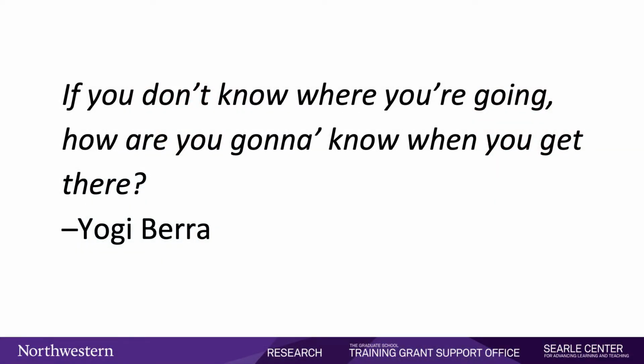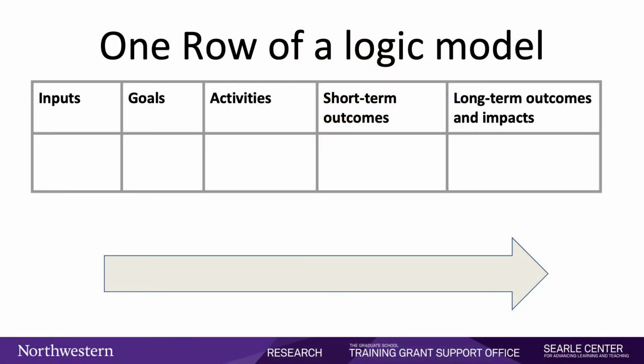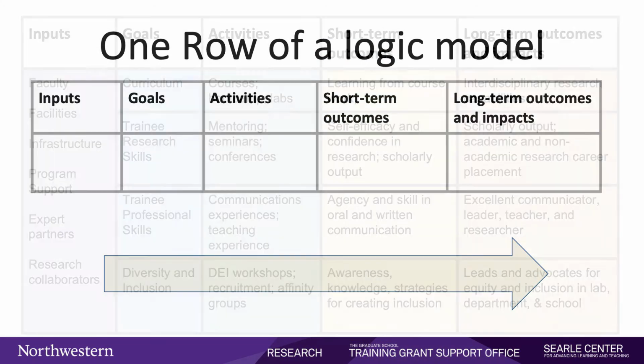Or as Yogi Berra once said, if you don't know where you're going, how are you going to know when you get there? Your program likely has several key goals and several or more activities to ensure your goals are achieved. In a logic model, each is stated concisely, so only the most important elements, the top-level ideas, are displayed. In a single page, then, a logic model can display the big picture of your program,